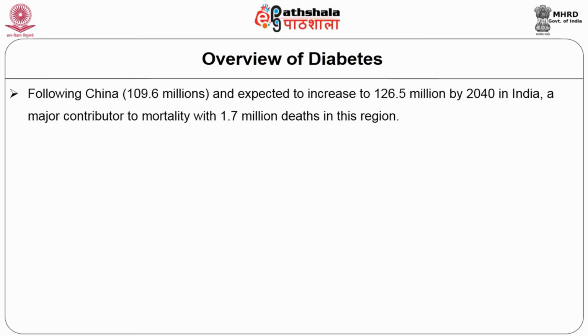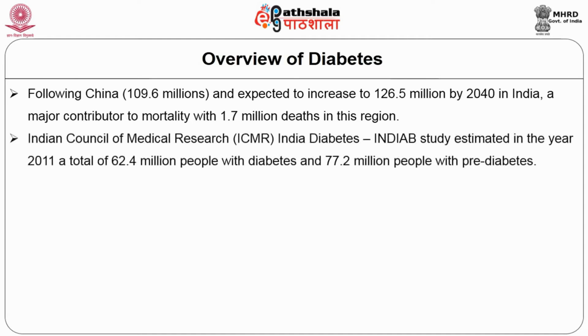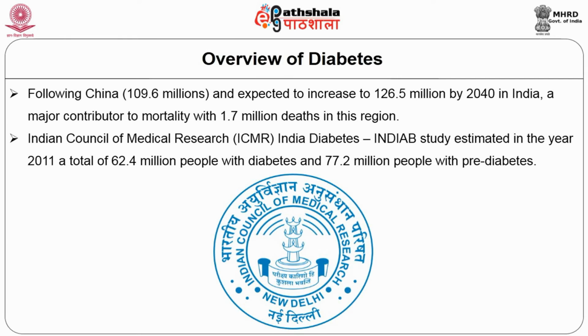It's manufacturing, right? Diabetes is being manufactured now, more and more people. At this rate, if we had not learned to arrest it, and we continue, by 2040 we will have 126.5 million people in our country with diabetes. This is the first time in medical history that the Indian Council of Medical Research conducted the INDIAB study, and in phase 1 of the study, they found 62.4 million,